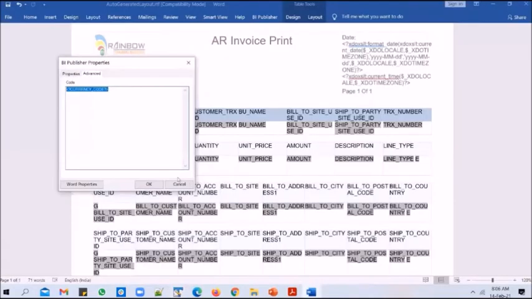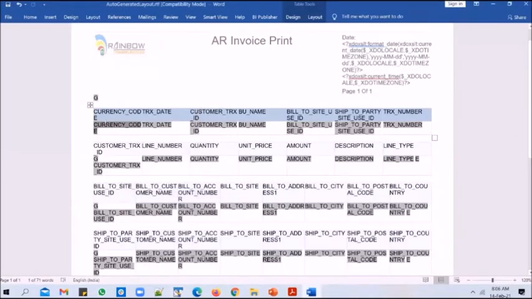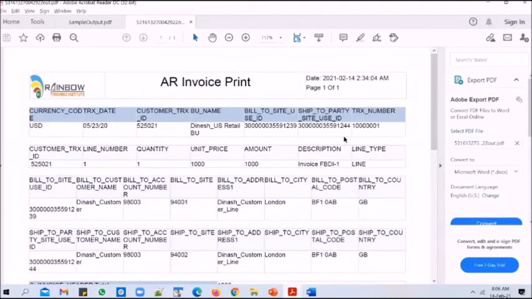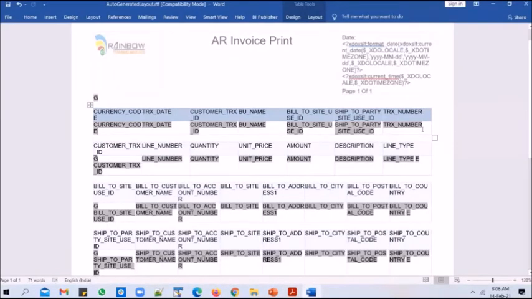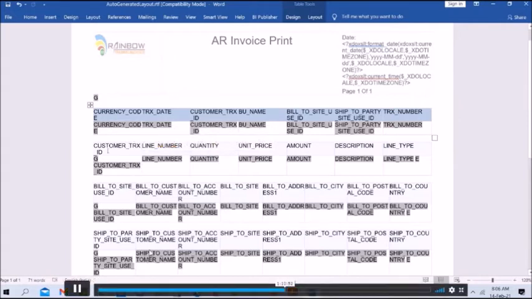Okay, so that's how you add in the XML tags. You have XML tags generated automatically, and you have a header row, and the header row is printed as is, but these XML tags are replaced with the actual values when you generate a PDF output. That's why when you generate a PDF output, you could see the header row, but the actual XML tags are replaced with the actual values. That's point number 1. That's how you print the actual values of fields.